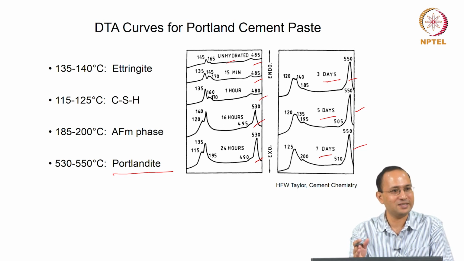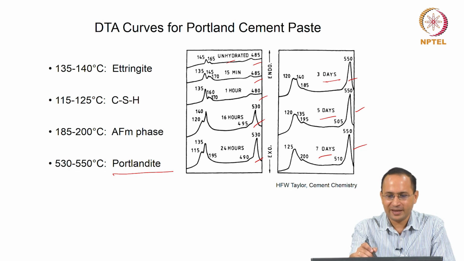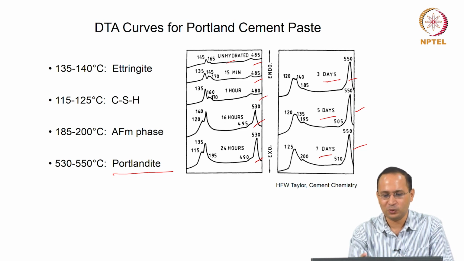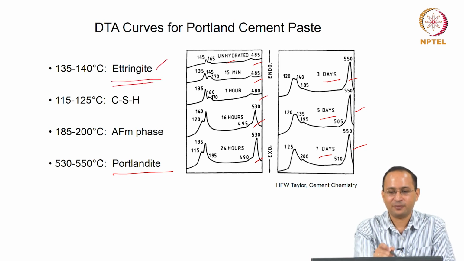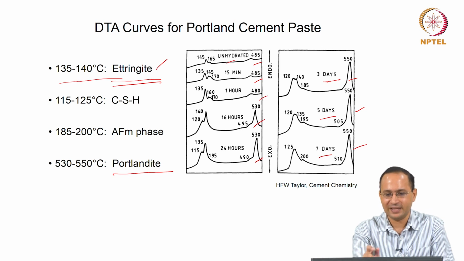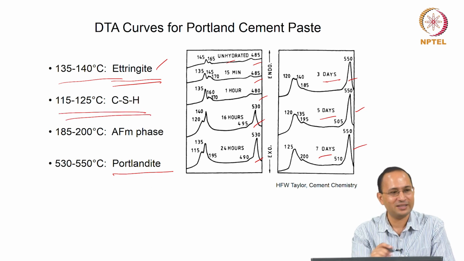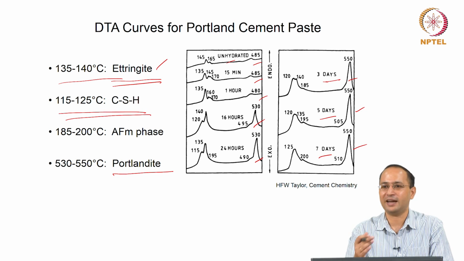This tells you that a new phase has formed, which is not present in the unhydrated, or is present in very low amount, and at later age a significant amount of this phase is there. Now you see a lot of things are happening at early age, from 100 to 140. So there are a lot of phases. First of all, Ettringite is formed in this range, 135 to 140 degrees Celsius. You can see that it overlaps with CSH, calcium silicate hydrate, because calcium silicate hydrate will also lose